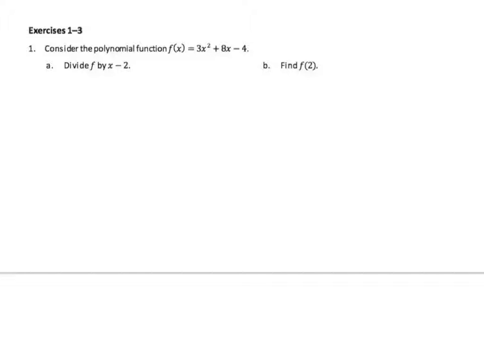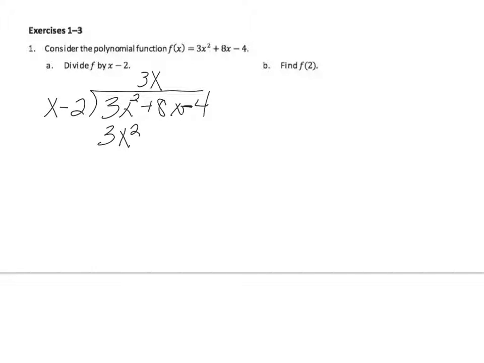Consider the polynomial function. First, we're going to divide that function by x minus 2. You're going to divide that function in the way that you like best. I'm going to divide that function using long division, because it is, in fact, my favorite method. Let's see, 3x, and that'd be minus 6x, subtract, gives us